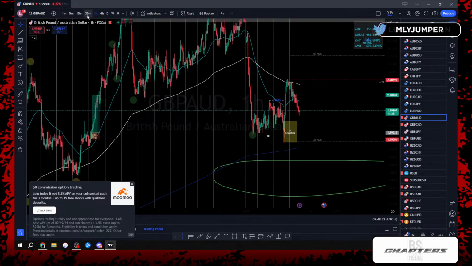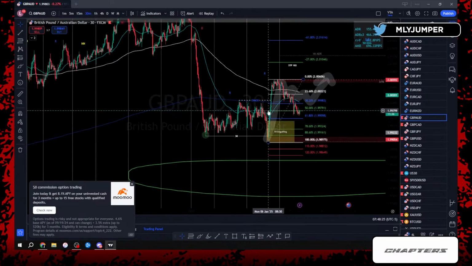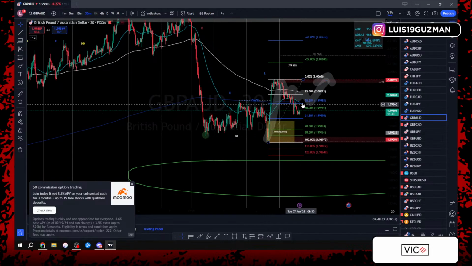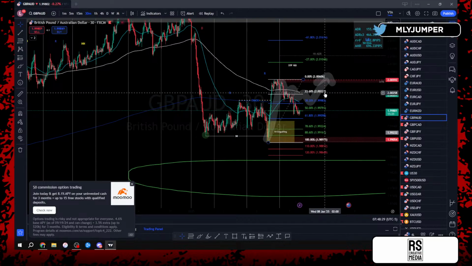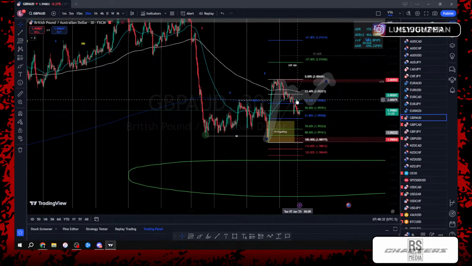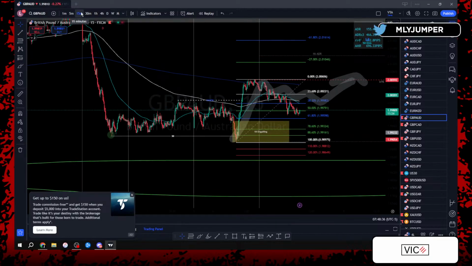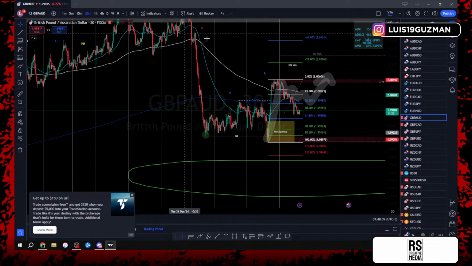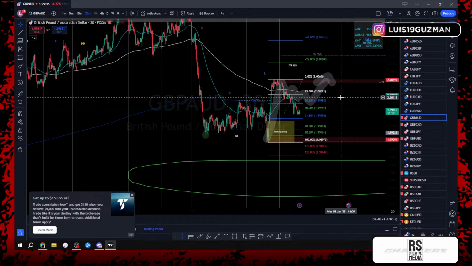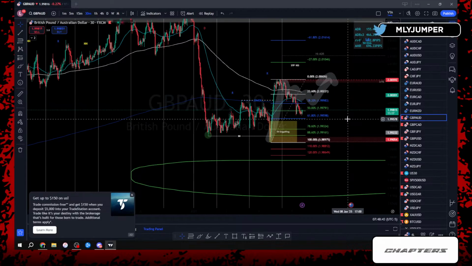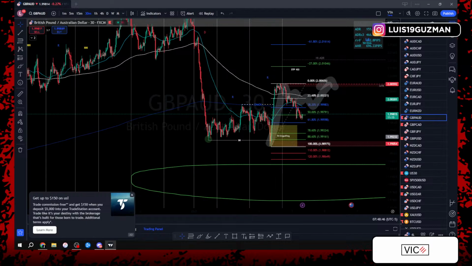Based on structure, you know, we could have sat here and talked about this being a flag post pattern the same way we talked about it yesterday, and that's why we drew it out. The fact that we didn't get that flag post pattern, the fact that we got invalidated, makes this trade a little bit risky, right? Because price is still wanting to push down. Price is still giving us lower lows and lower highs, right? So this trade, this is one situation where let's also look at Forex Factory real quick. Do we have any news? GBP, AUD. We have news at 10 a.m. for USD, and that's pretty much it. So